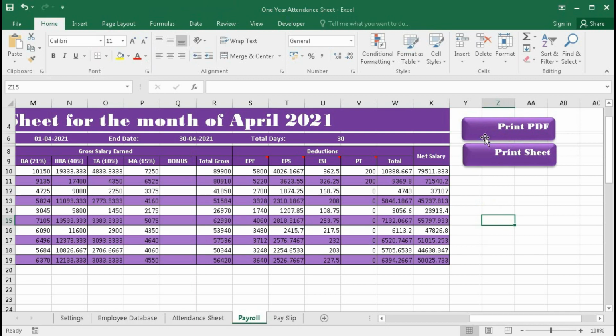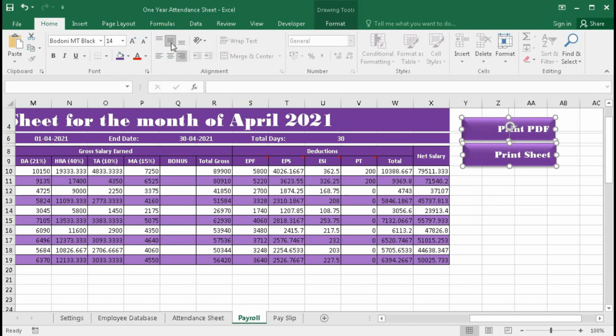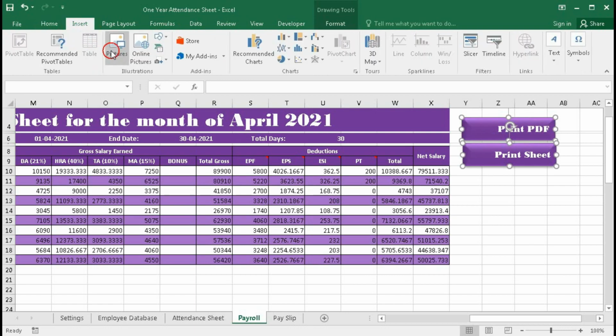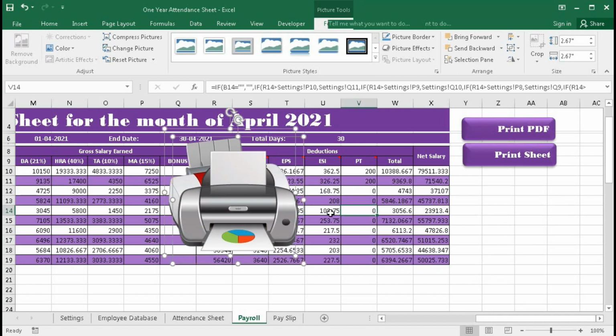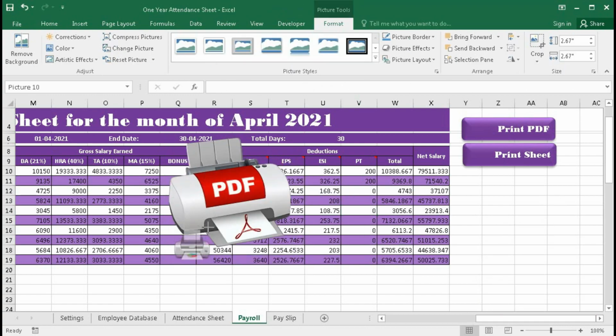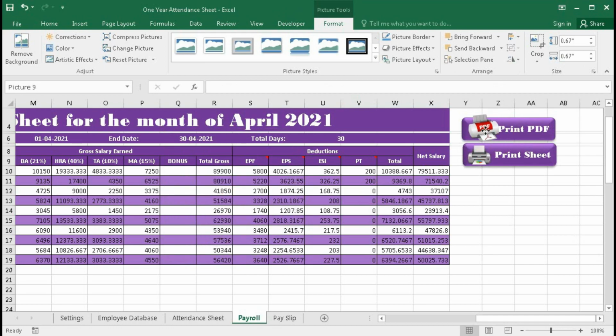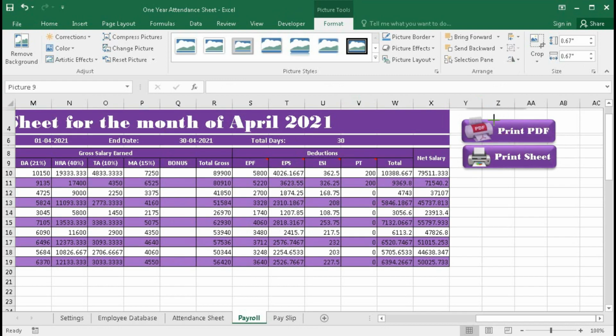Here we have aligned this with middle, and now we will put two pictures. For that, insert picture, select these two, insert, and now make it smaller. This is for print sheet, and this is for print PDF. Yes, we have done this.